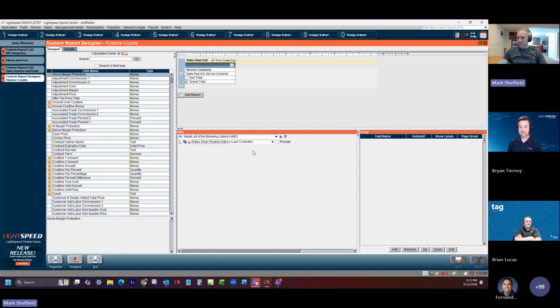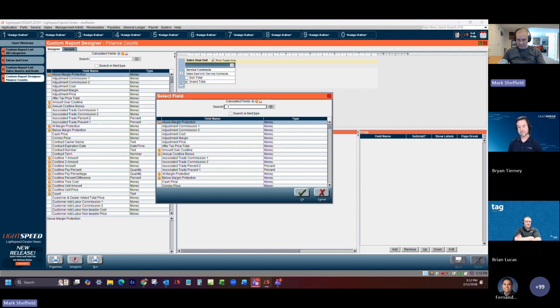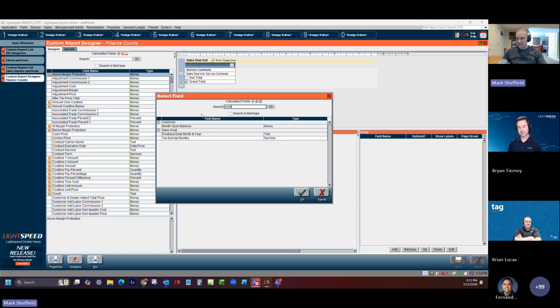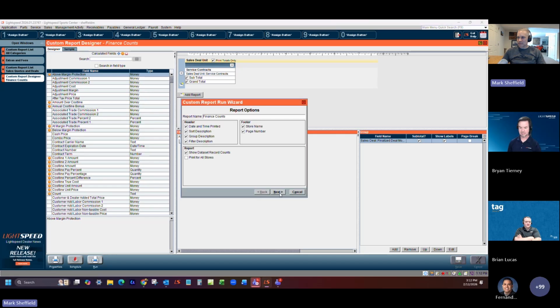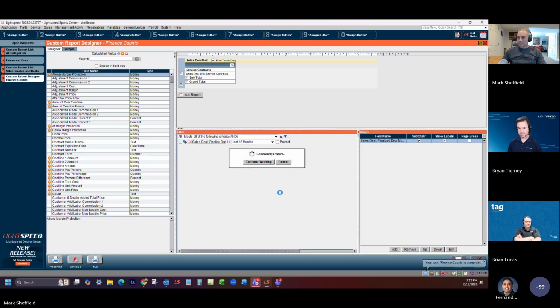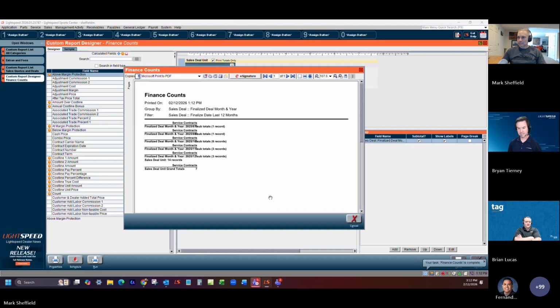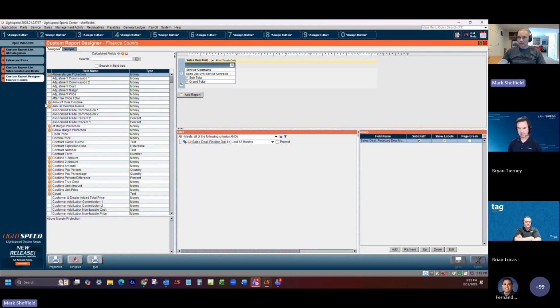You could, if you really wanted to, there's actually a year and month field that exists over here. Finalized date, month and year. If we add this grouping over here and add a subtotal, and because we've said the last 12 months, I can now run this real quick. And it gets a little jumbled there. So let's add,